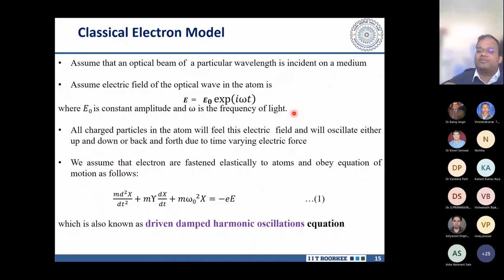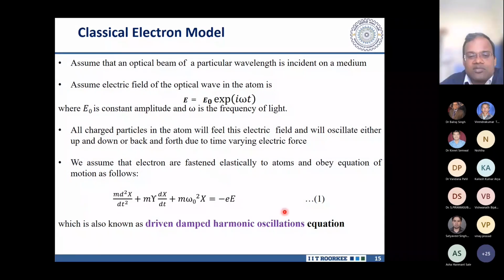Now these atoms also have the dissipation problem. So if we write the complete equation, this becomes a case of a driven damped harmonic oscillator. This is a very well-known equation to everyone, whether you are from physics or electronics. I'm sure you have come across damped driven harmonic oscillators at some stage, where the symbols have their usual meaning.